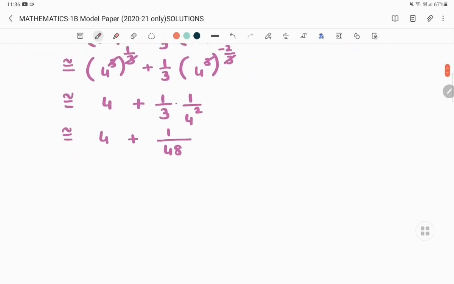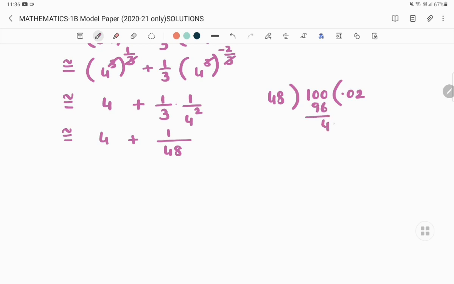Now you have to do 1 by 48. So like this also we can do, 48 times. So you can put 0 point. Again 10 is also not divisible by 48, so again you put 0, 1 here. Here 0. 48 twos are 96. So 4 again, if you put 0 again it is not divisible. So 0.02 is enough. 48, how many times is it going to divide? 2 means 96.